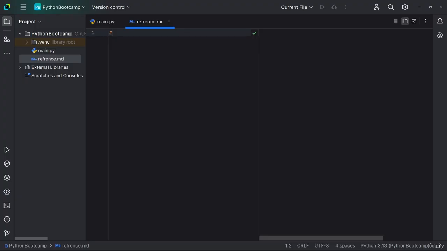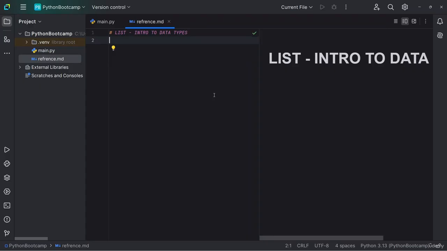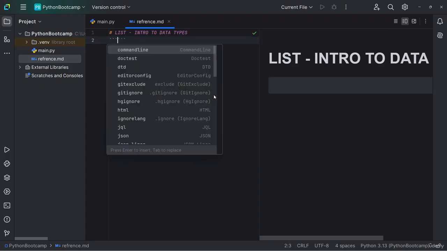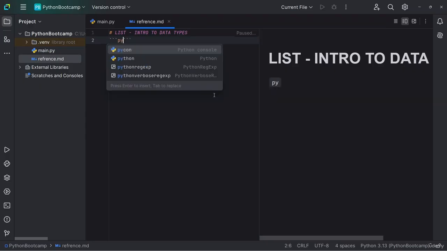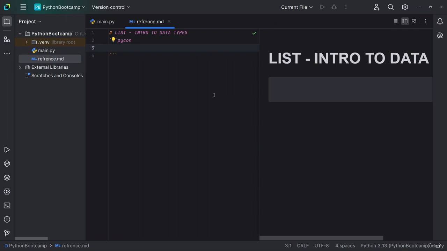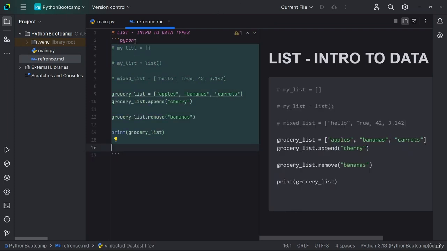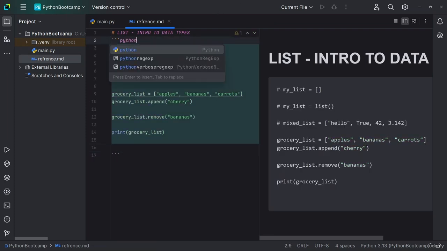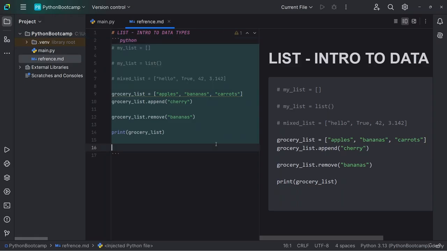Let me use this as a heading. What did we talk about in the last lesson? We have list. Let's call it intro to data types. All right, so we have this Python code, and I'm going to paste that. This is Python. So we're going to be pasting our examples